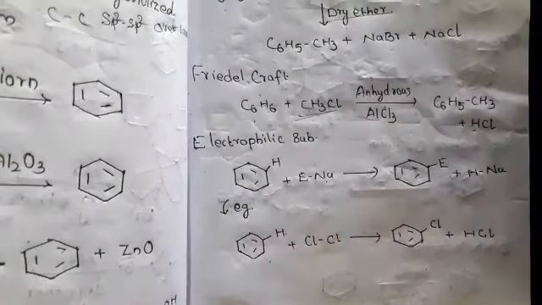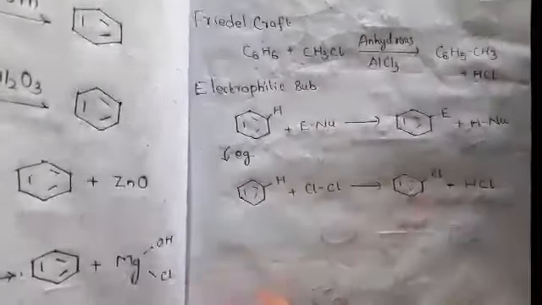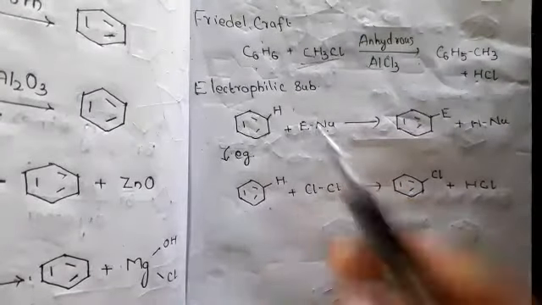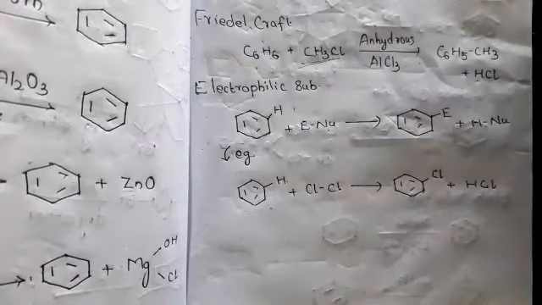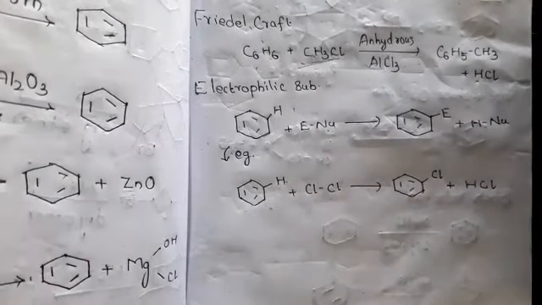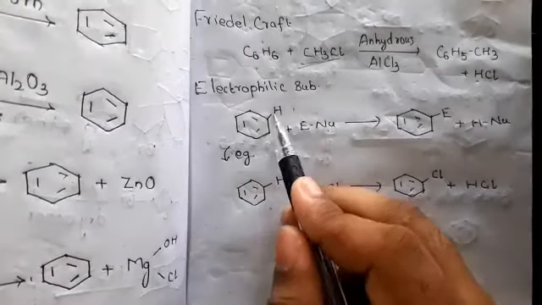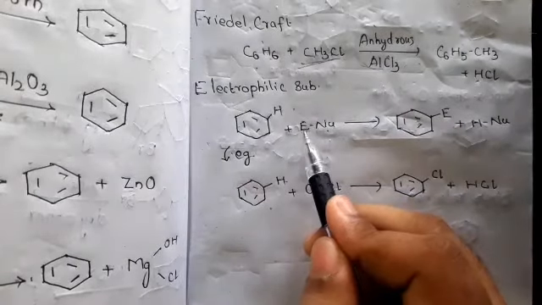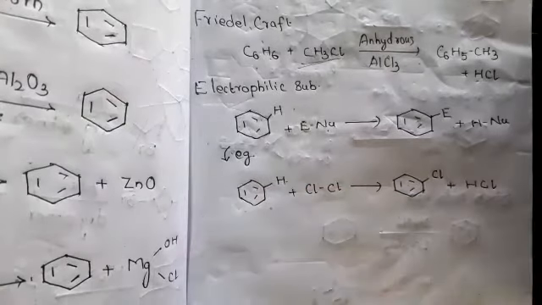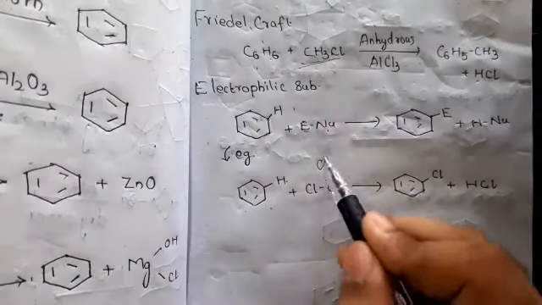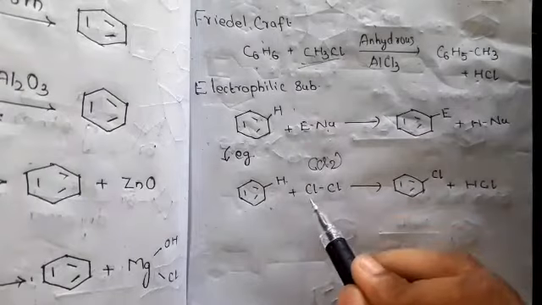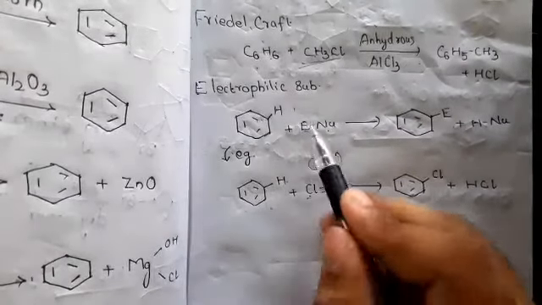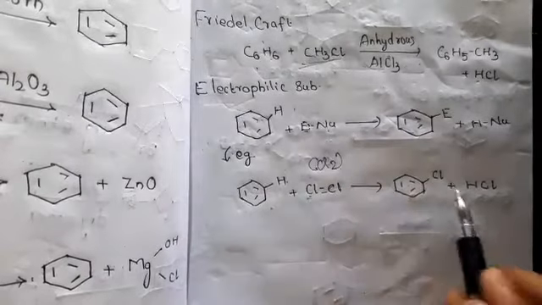Okay. Next, benzene is electron-rich. Benzene undergoes electrophilic aromatic substitution reactions but does not undergo nucleophilic substitution reactions. Here see this, one hydrogen is here, so the hydrogen is replaced by this electrophile. For example, here chlorine. For understanding purposes I have taken Cl-Cl. So this will attack here and it forms hydrochloric acid.